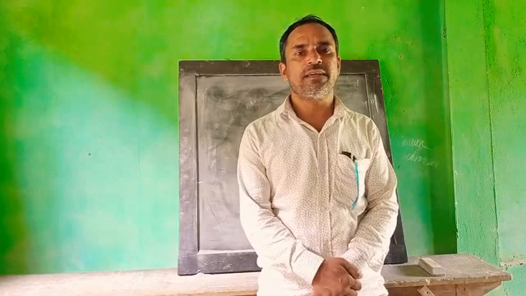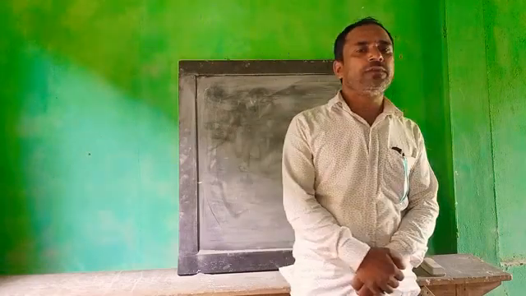So if this question is given, which is a slightly difficult question for students, who was the first president of the Indian Constituent Assembly, then the answer will be Sachchidananda Sinha. He was the first president of the Constituent Assembly. Again, if the question is who was the permanent president, who was the elected president of the Constituent Assembly, then the answer will be Dr. Rajendra Prasad. Dr. Rajendra Prasad was the elected president of the Constituent Assembly.